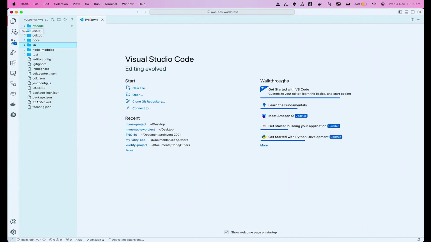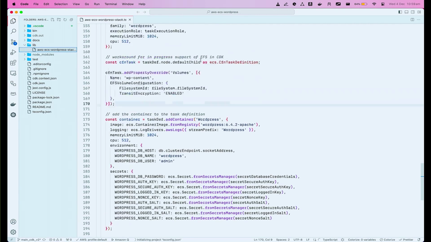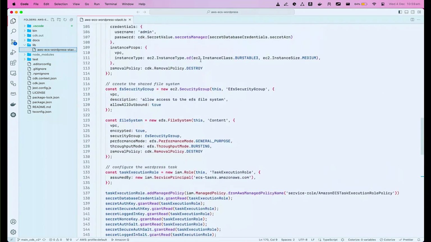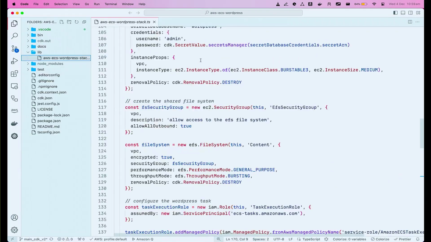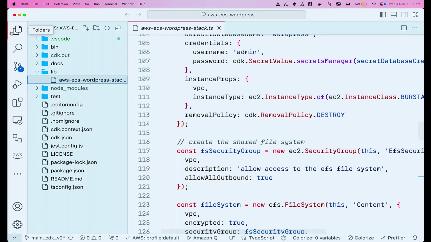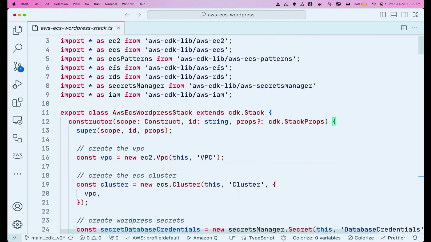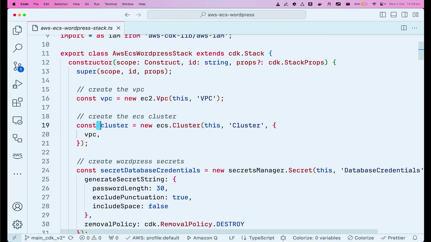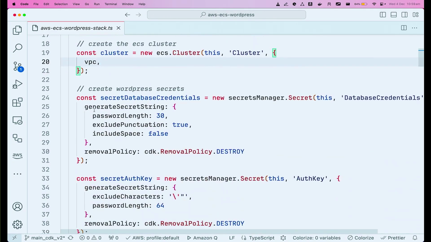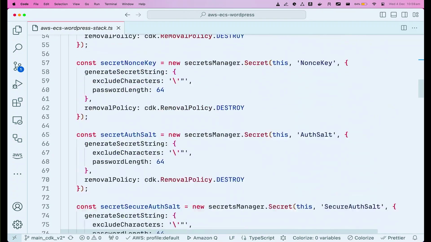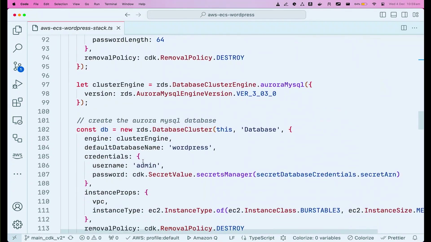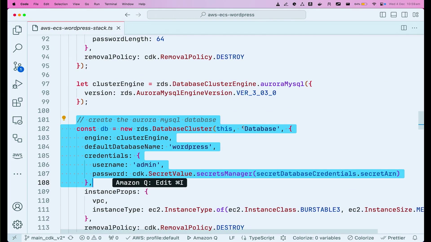This is a CDK project. What you're seeing here is a CDK project which is written in TypeScript, and you can see all of these different CDK constructs which is written. And what's happening here is we are basically creating a VPC. Scroll to the top. We are creating a VPC, and then we are creating a cluster on top of the VPC. We are creating some secrets using Secrets Manager, and we are storing all the secrets in Secrets Manager. And then later, if you scroll down, we are basically creating a database. That's an Aurora MySQL database that we are